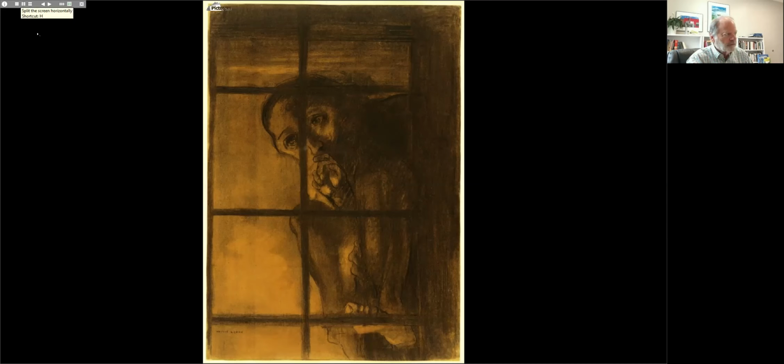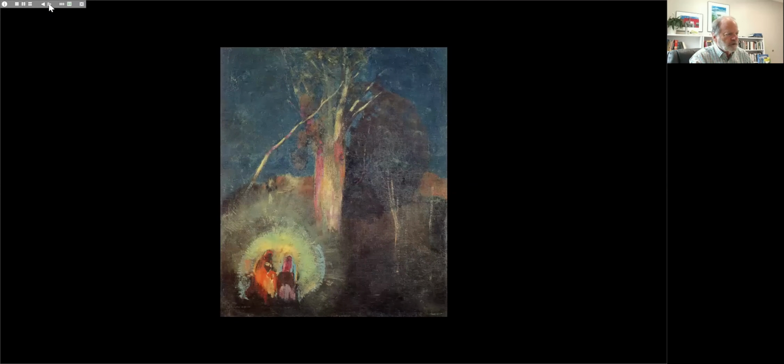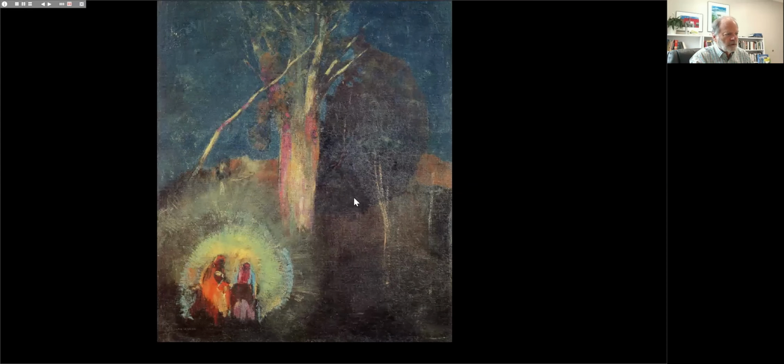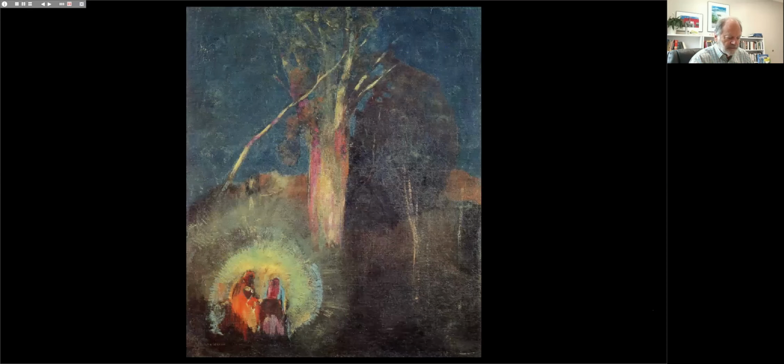Around 1890, Redon shifted to pastels and oils. Those became his preferred medium. He did very few drawings thereafter. His drawings he called his noirs, and noir means black. So I'm showing you here a work in oil, which is entitled The Flight to Egypt. It may be something of a surprise to you, a shock, that